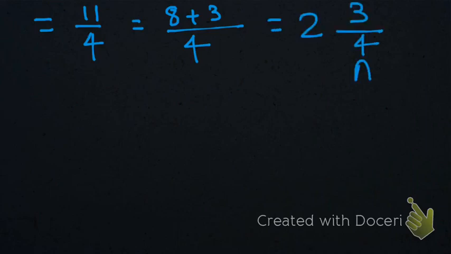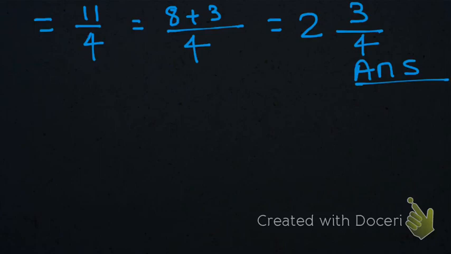Now 11/4 is a normal fraction. What we need to do is convert this normal fraction into a mixed fraction. So write here 8 plus 3 divided by 4, because 8 comes in 4's table. How many times? 2 times. 8 comes in 4's table 2 times, plus we have 3/4. So this is our answer. I hope you have understood.